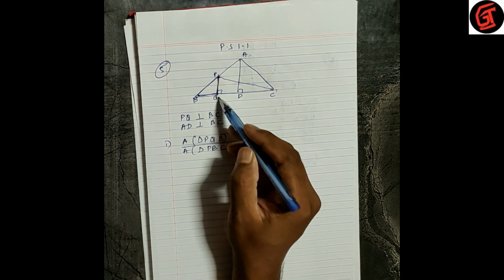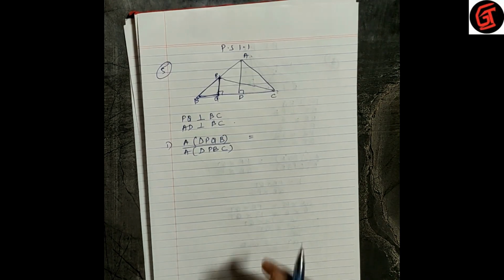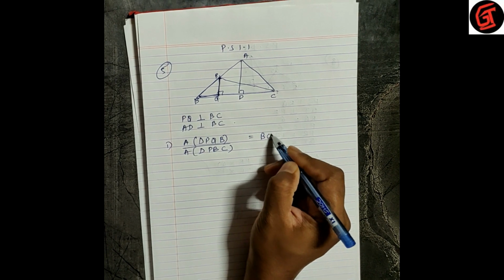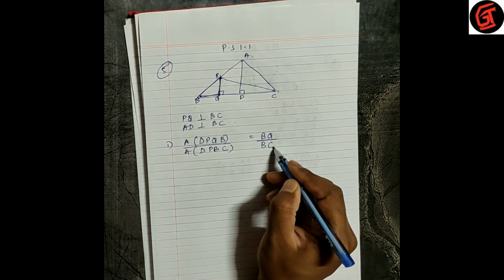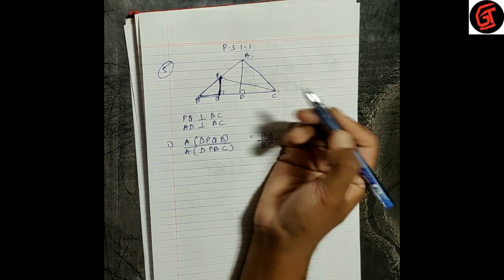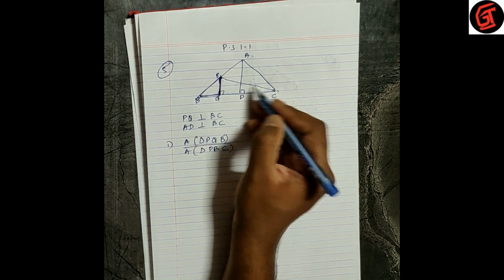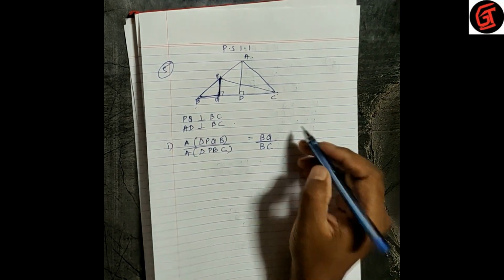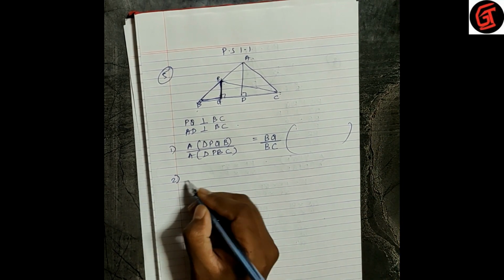Here heights are equal. So PQB is equal to base, and PBC also we write base. Why are we not writing height? Because PQ height is the equal one. PQ is the height of PQB, and PQ is the height of PBC as well. Simple. Reason very important.